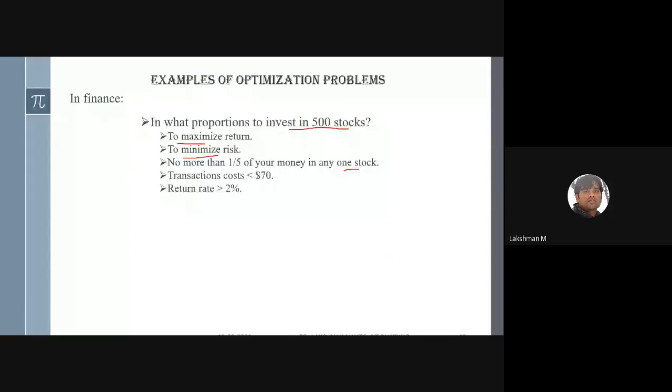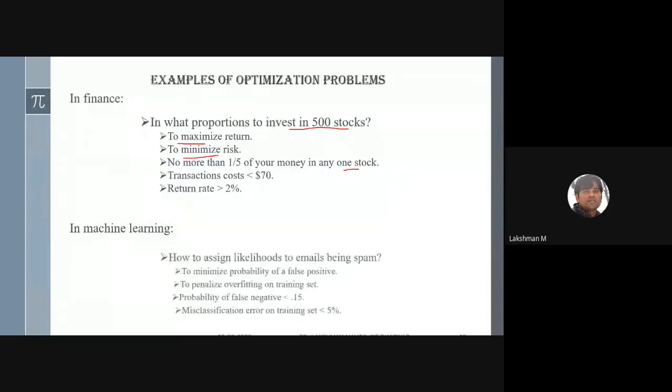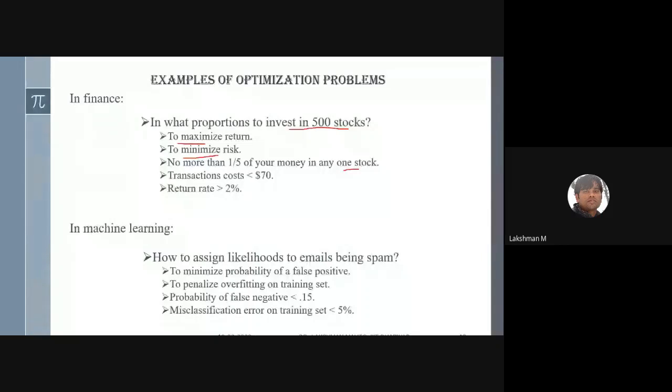Now, in machine learning there are several problems. I have taken one problem: how to assign likelihoods to an email being spam. That means spam filtering. You want to develop a classifier which will classify spam and non-spam mail. In order to do that, what kind of constraints would you put here? Minimize the probability of a false positive, penalize overfitting on the training data set.